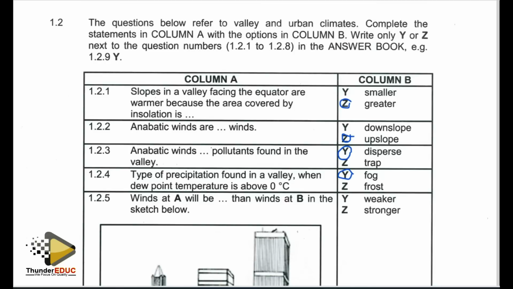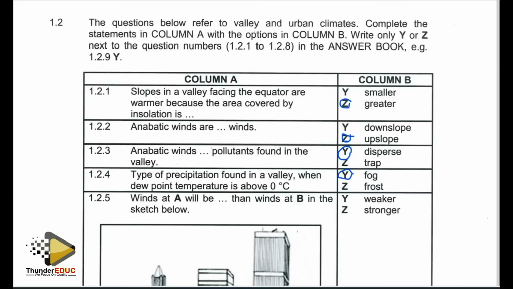Why are we not saying frost? Because frost only forms when the temperatures fall to freezing point, which is 0 and below 0, which means we can only have the formation of frost in the valley at temperatures of maximum 0 to minimum of negative temperatures. So that qualifies fog to be the correct response in that instance.